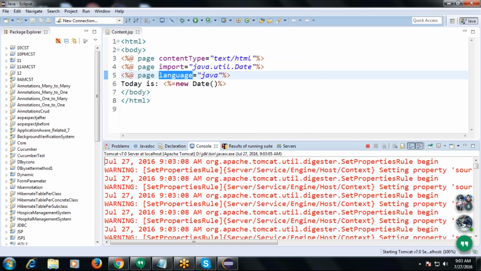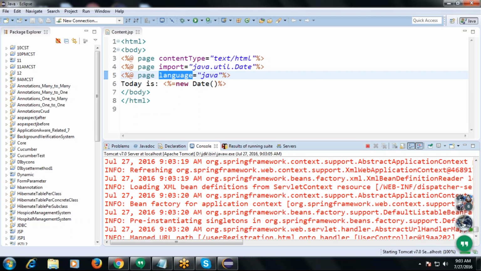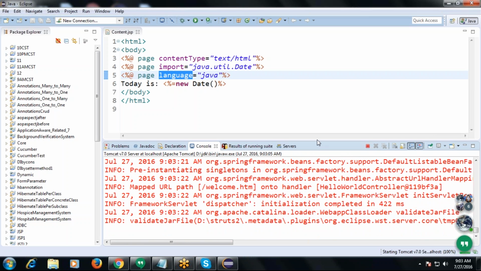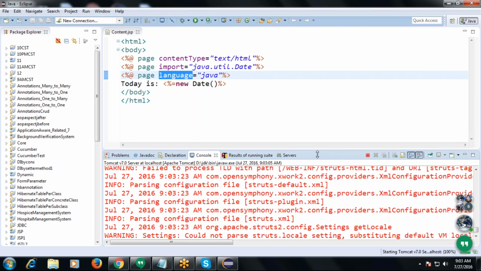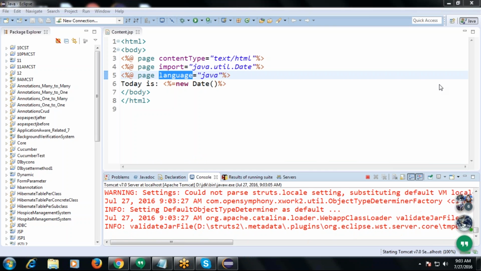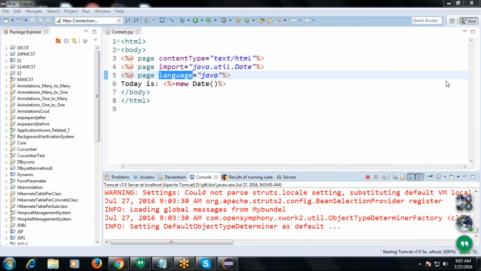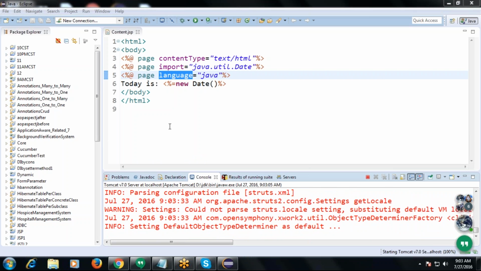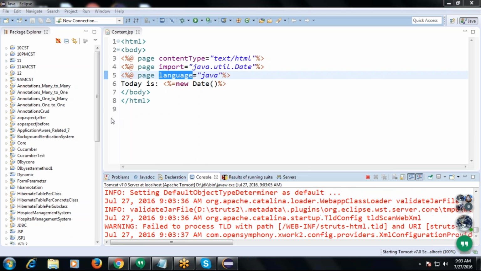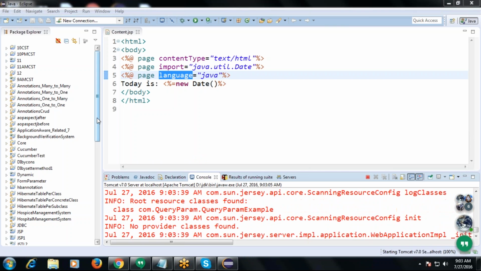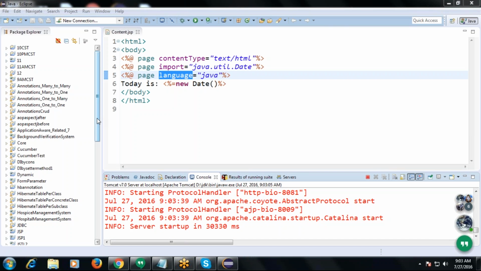Now here you see the server is starting. Yes, now the server is started. Now let me execute this.